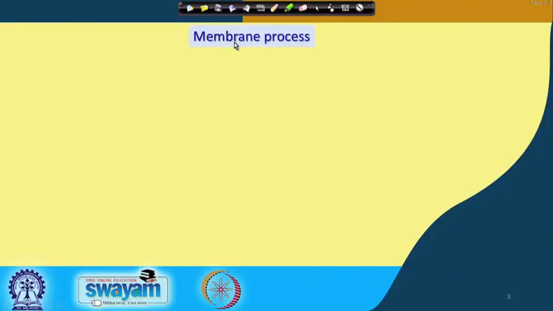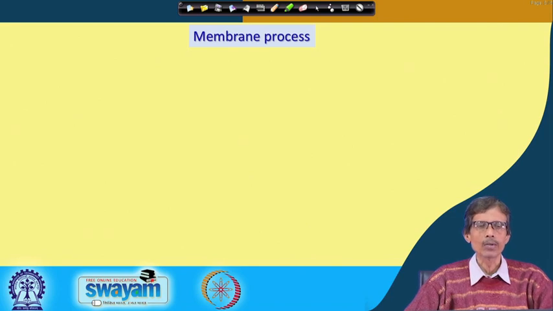Hello and welcome back to this class on chloralkali electrolysis. In that particular class we have already discussed two different types of electrolytic process. The third type we will discuss now, which is the introduction of the membrane. Introducing a membrane within the electrolytic chamber gives you the third category of the electrolysis process